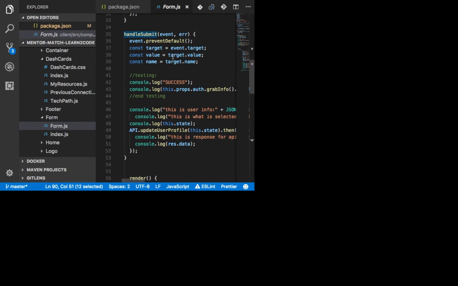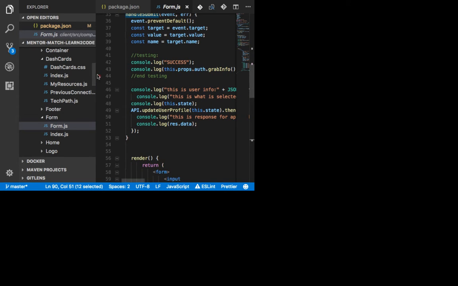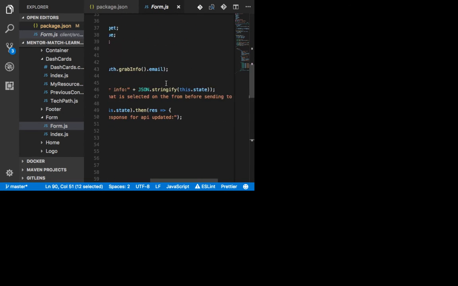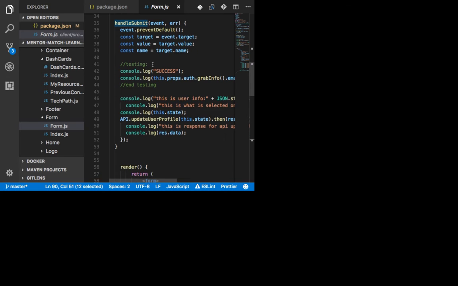Are you updating the state? No. Okay, hold on. Success and everything. Event target.